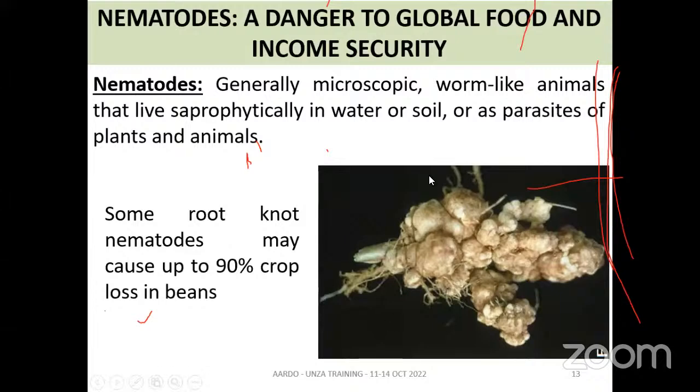So what you see in this image, these should have been normal roots of a bean plant. This here is the stem of a bean plant, and going this way would be the above-ground parts of the bean plant. This would be your soil surface, and everything this side should have been roots. But you can tell from these swellings, obviously, that something is wrong, okay? And so these roots will not be able to absorb water correctly, and the plant will not function well. In some cases, even up to 90% crop losses have been